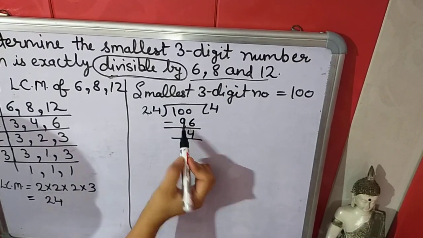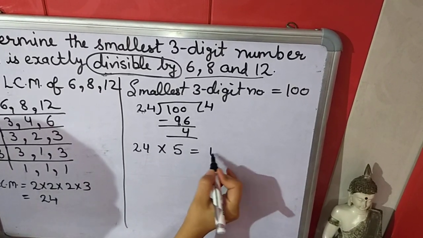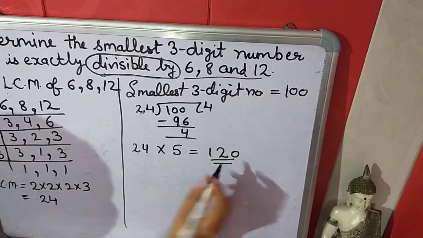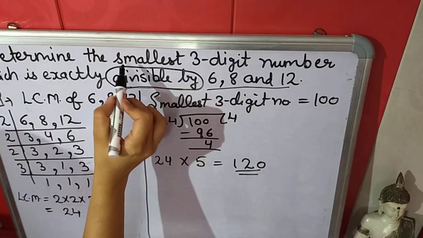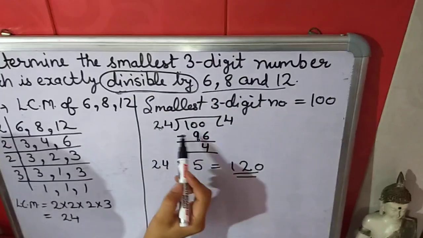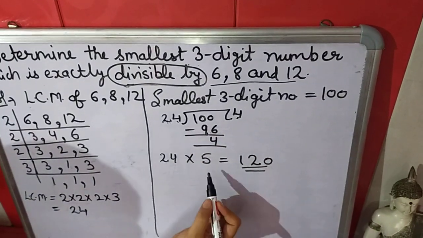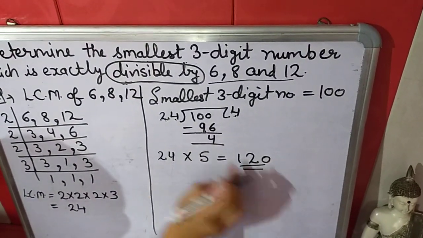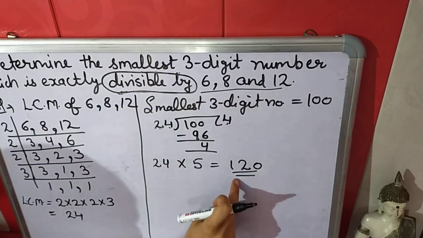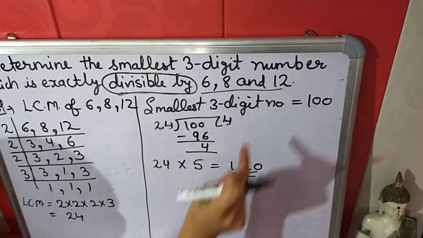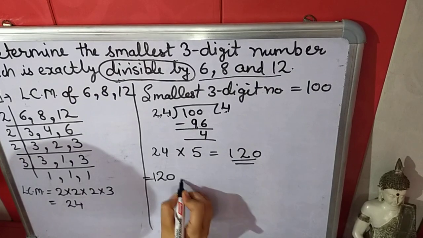24 fives are 120. This is the next multiple of 24. When he asks for the smallest 3-digit number, then we have to take the next multiple of this. Okay. Now 120 is the smallest 3-digit number which is exactly divisible by 6, divisible by 8 and divisible by 12 also. So 120 is the